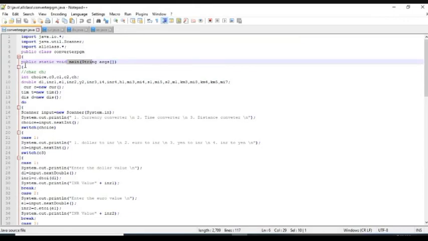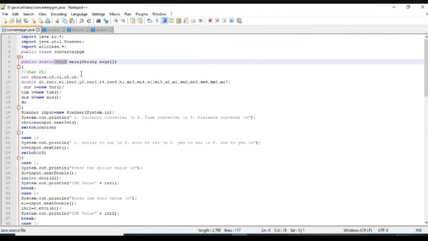Next, static. Static means that the method belongs to the main class and not to an object of the main class. Only it belongs to the main class. Okay, right. Void means it does not return any value. If you want to return any value, you have to write something.